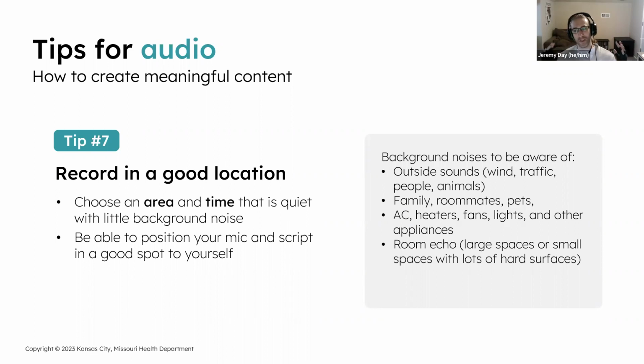So generally the best thing is a medium-sized space. Could be like a bedroom. Actually, a bedroom is a very good space because you might have drapes, furniture that's soft, stuff like that, to cut down on the echo,